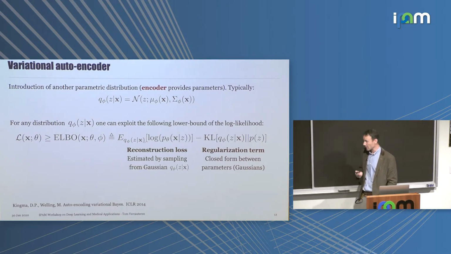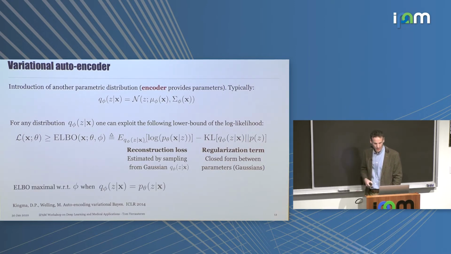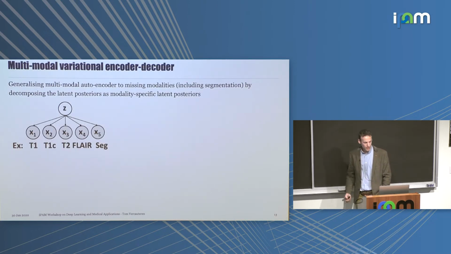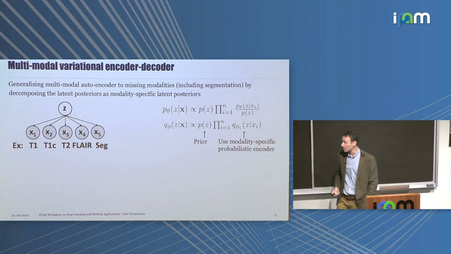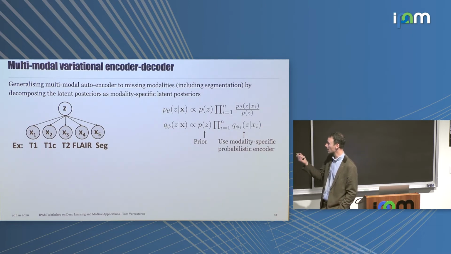Okay, so that's the standard VAE. We don't yet have a way of dealing with multiple modalities and potentially missing modalities. So what do we do here? We go back to our probabilistic model, and we now look at the distribution,